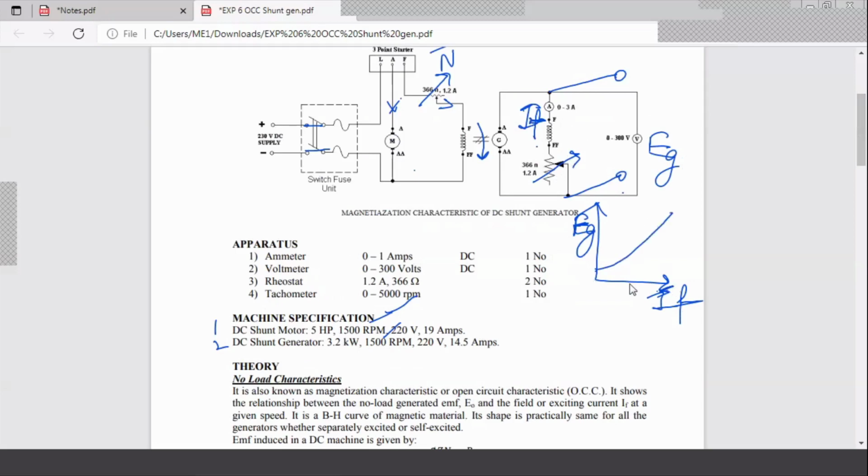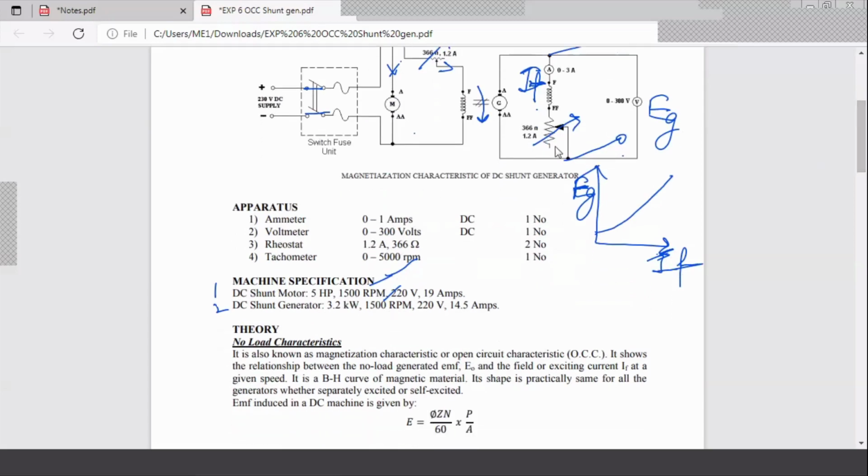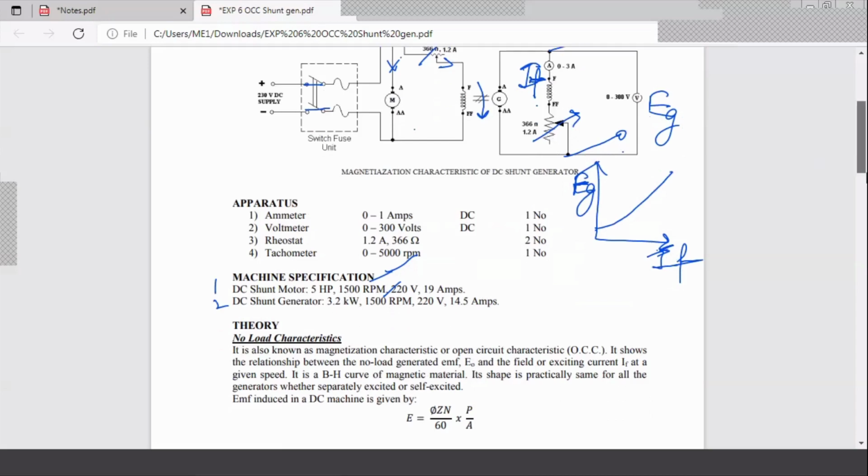To get that, we need to make sure there is no current flowing through the circuit here. That means we keep maximum resistance in the circuit so that there is almost no current flowing through the field. Then also there will be some induced EMF. That will be the value we need to note down first. And then gradually vary this rheostat such that resistance reduces, slowly the current starts increasing and the back EMF, or this